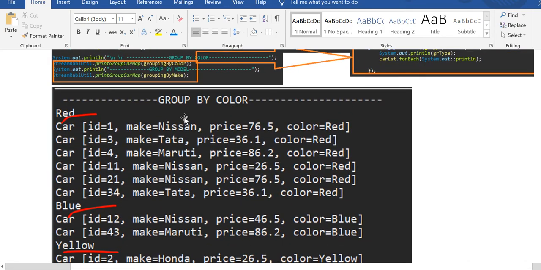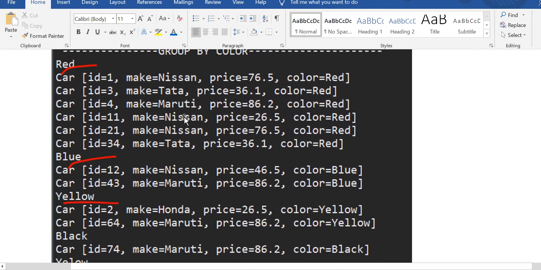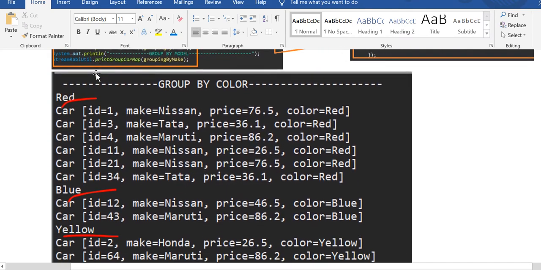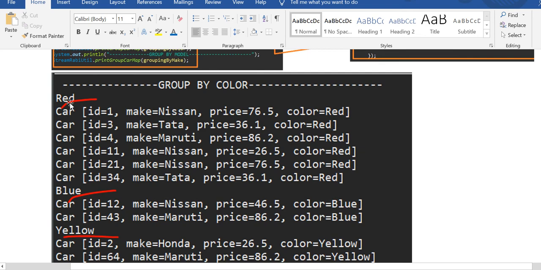So suppose my expectation of the output is, first I can get it by the color. So all the colors, it can be anything, Nissan, Tata, Maruti, everything. So you will get all the cars having a color as red. So it will be easier to identify. It's the area of interest for the customer.